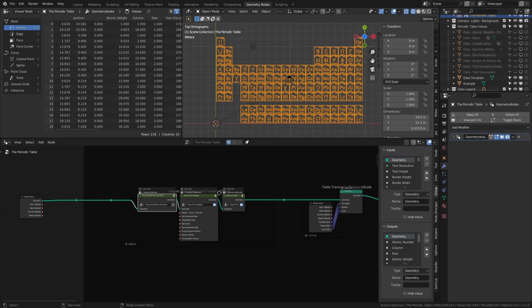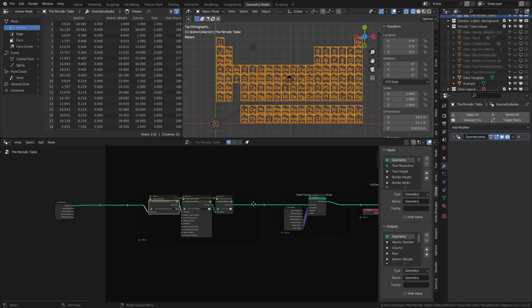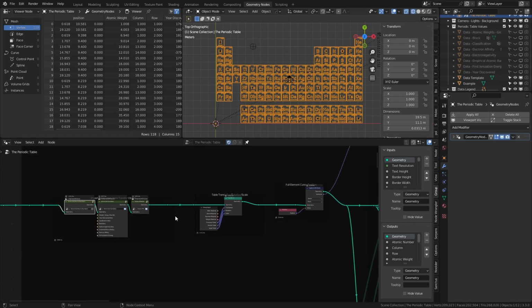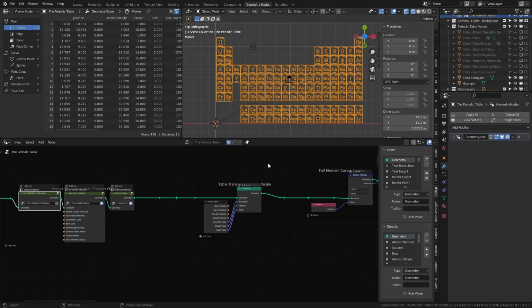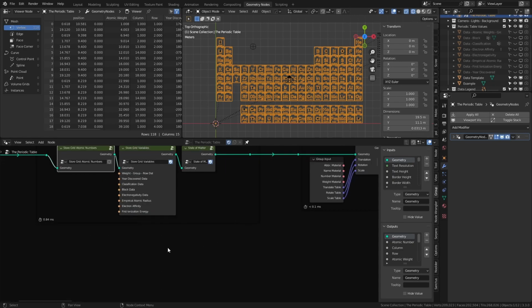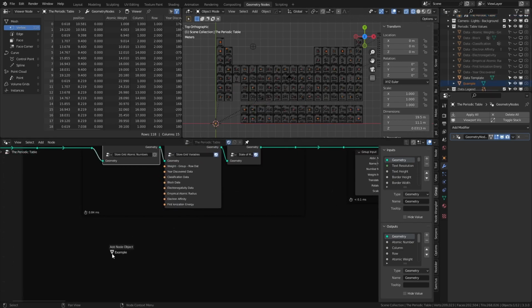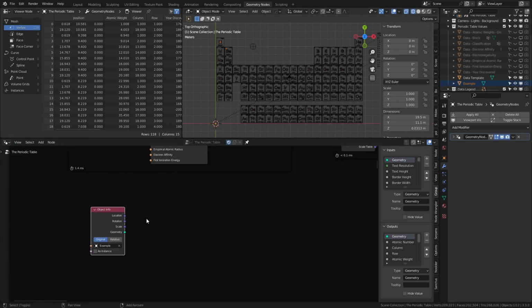And what I want to note here is that I'm creating all of these variables before I actually build the table itself. That's because I want all of this information to be assigned to the individual points before I start manipulating those points. And so to do that, very simply, all I have to do is bring my data template object in, so I drag it in, and now I'm going to use a